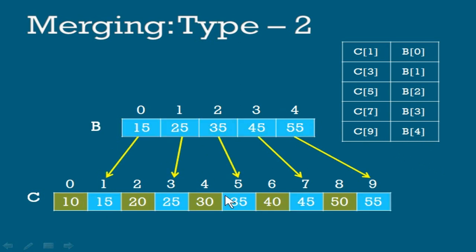Now after storing the A array, you are going to store the B array in the remaining positions. So you can notice here C of 1 will have the B of 0 value, C of 3 is B of 1, C of 5 will have B of 2, C of 7 will have B of 3 and C of 9 will have B of 4. That means the position values 0, 1, 2, 3, 4 of B will be stored in 1, 3, 5, 7 and 9. That means odd numbers. So here also you should have a separate variable for counting 0 to 4 and a separate variable which will skip two numbers and it will be odd numbers.